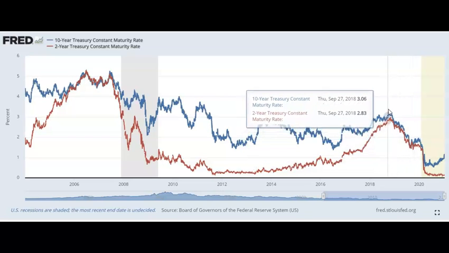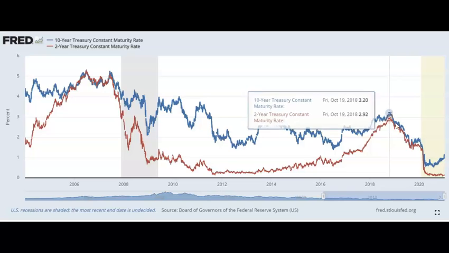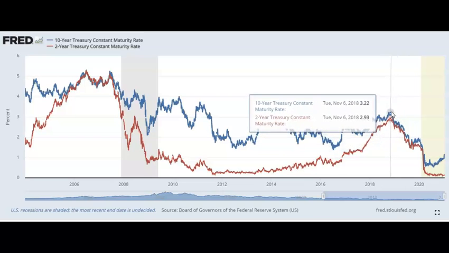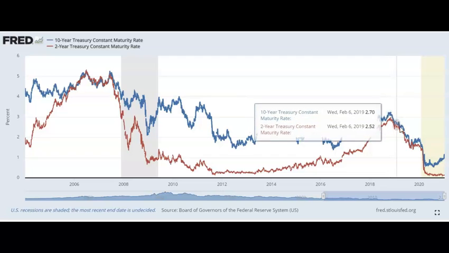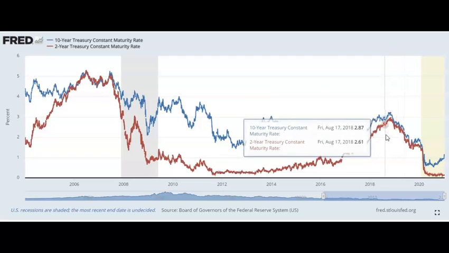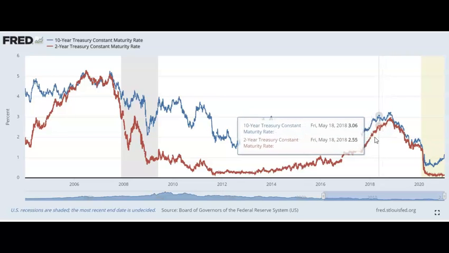Investors on Wall Street, bond investors specifically, they expect an economic slowdown. They will go to the bond market and buy bonds. Bond prices go up, and to compensate for the higher bond prices, interest rates fall. So prior to 2020, long-term investors were betting that an economic slowdown was coming. So they bought more bonds, moved money into more bonds, and interest rates fell.